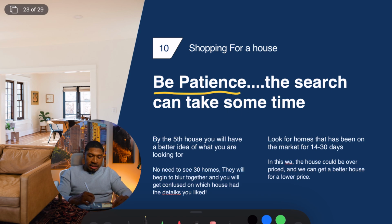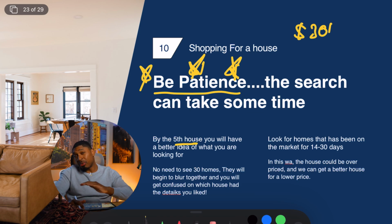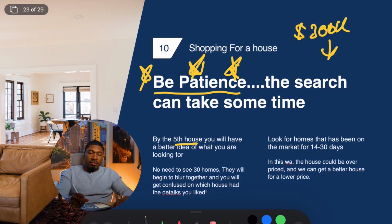Be patient, guys. The search can take some time, especially within the Buffalo area. Again, by your fifth house, you'll know what you like, what you don't like. The thing I say about be patient is because the Buffalo market right now is very, very competitive. And for first time home buyers, especially if you guys are looking under that $300,000 price point,